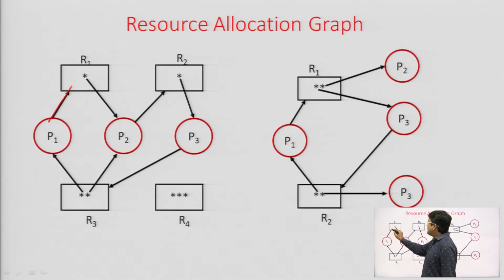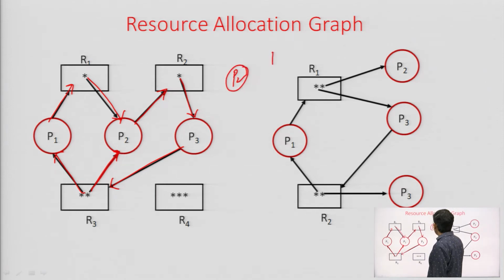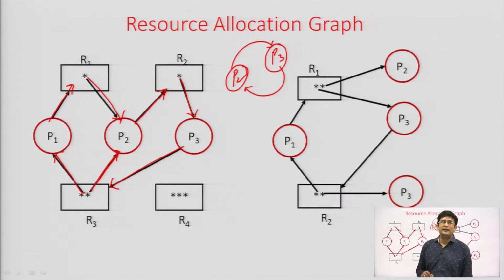Process P1 is requesting for R1 resource here, R1 is allocated to P2, R3 is allocated to P2, R3 is also allocated to P1. So, P2 is requesting for R2 resource, R2 is allocated to P3, P3 is requesting for R3 resource, and R3 is allocated to P2. If you clearly see, the P2 and the P3 processes are in the cyclic wait, P2 is requesting for a resource held by P3 and P3 is requesting for a resource held by P2 process. So, they are in the cyclic wait, there is a deadlock in this resource allocation graph.